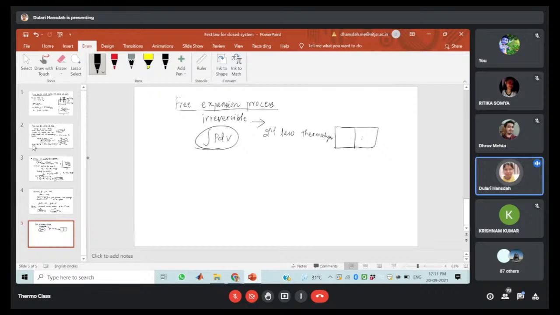So this is not the quasi-equilibrium process. So that's why the work cannot be calculated from this PdV relation. Because there is no resistance at your boundary as your volume increases, we can conclude that there is no work done in this process of filling the vacuum. Got my point? So it is your free expansion process. So in the free expansion process, this PdV work formula will not be used.